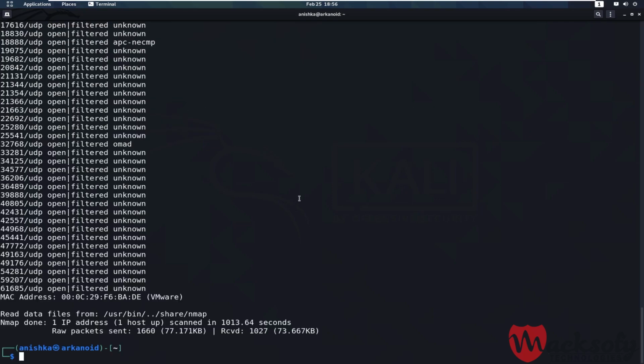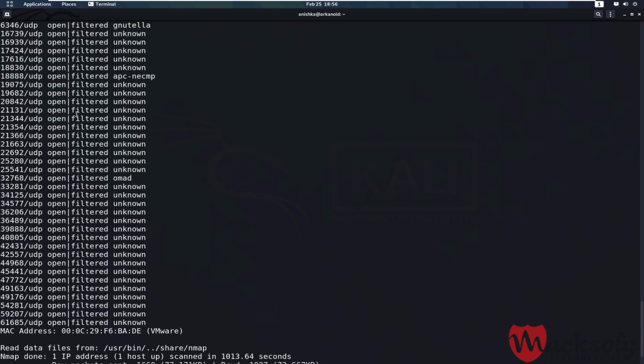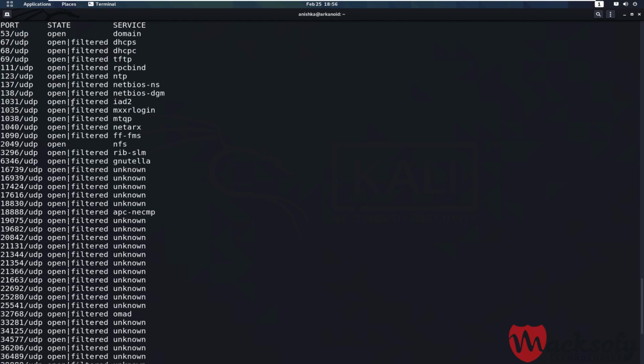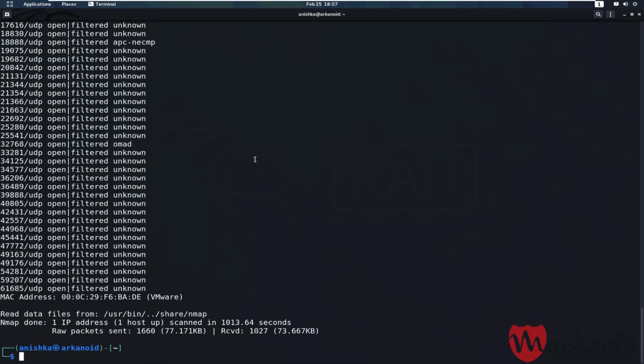Okay, so the port scan finished, and we can see that we got open|filtered. This means that Nmap wasn't able to figure out whether the port is open or filtered. But if we scroll above, we can see that port 53 was open and port 2049 was open. So this is how we perform the UDP scan.